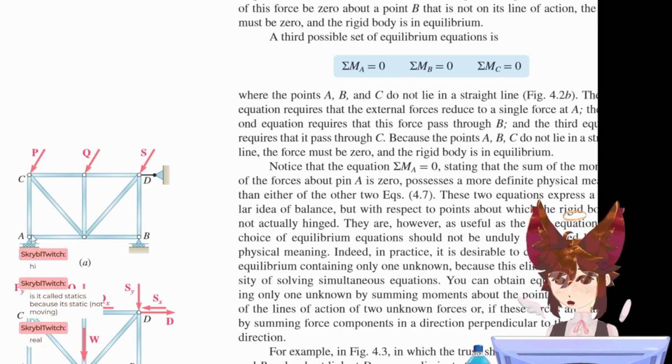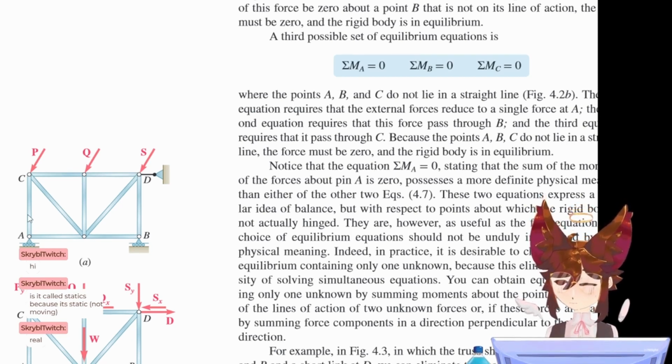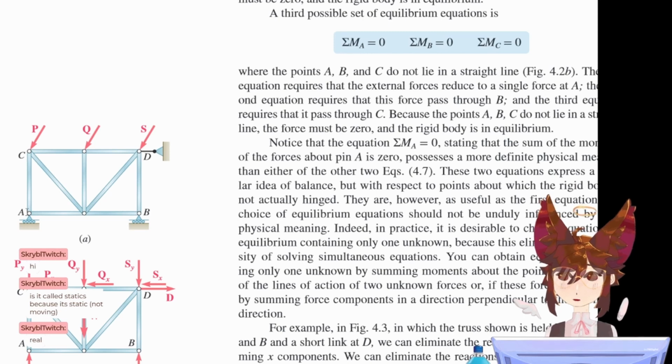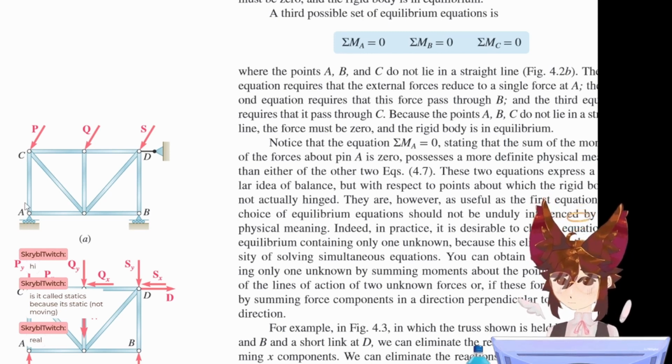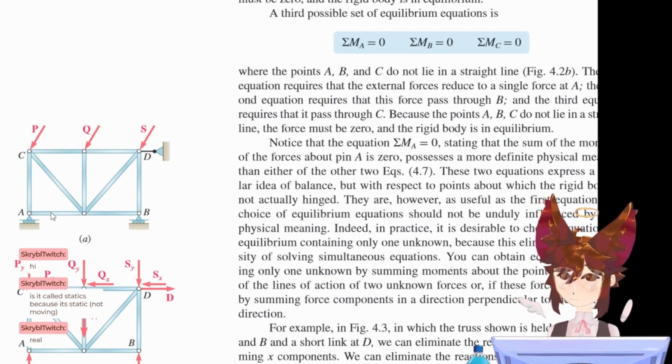Okay, yeah, you can. So let's say at A, we have one force going in this direction, one force going in this direction. Then this is a roller, so there's just going to be a normal force. So I think this could... Okay, it doesn't necessarily have to be, because this moment could have something and this could have something, but this force here is going to be nothing. So this is a zero force member, I think.